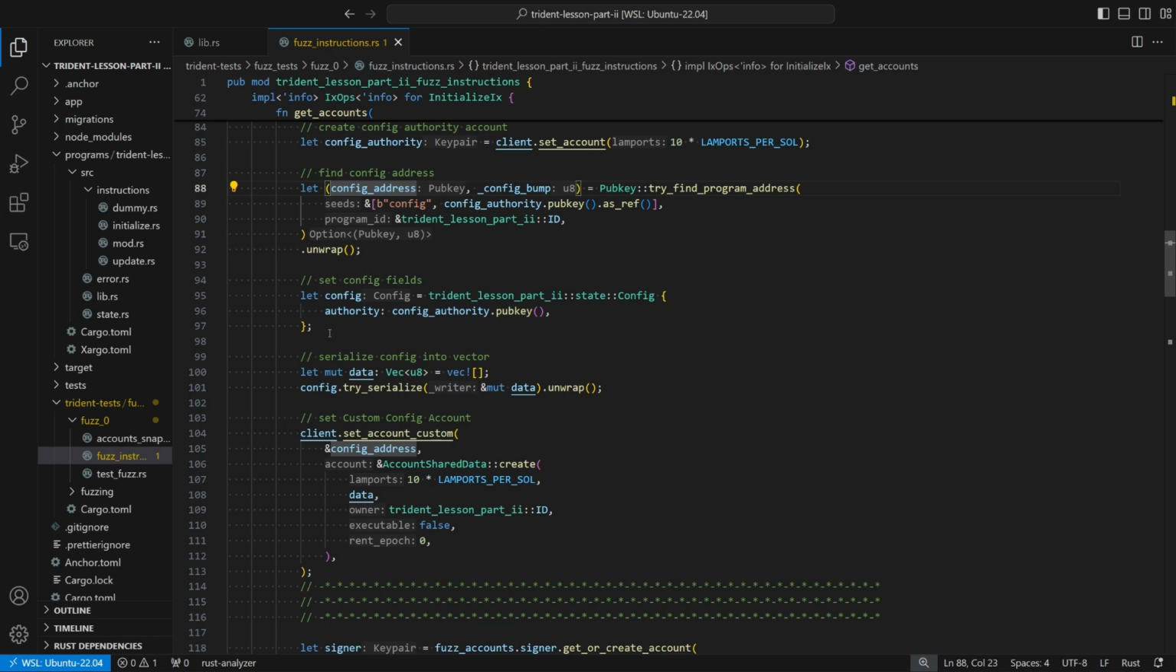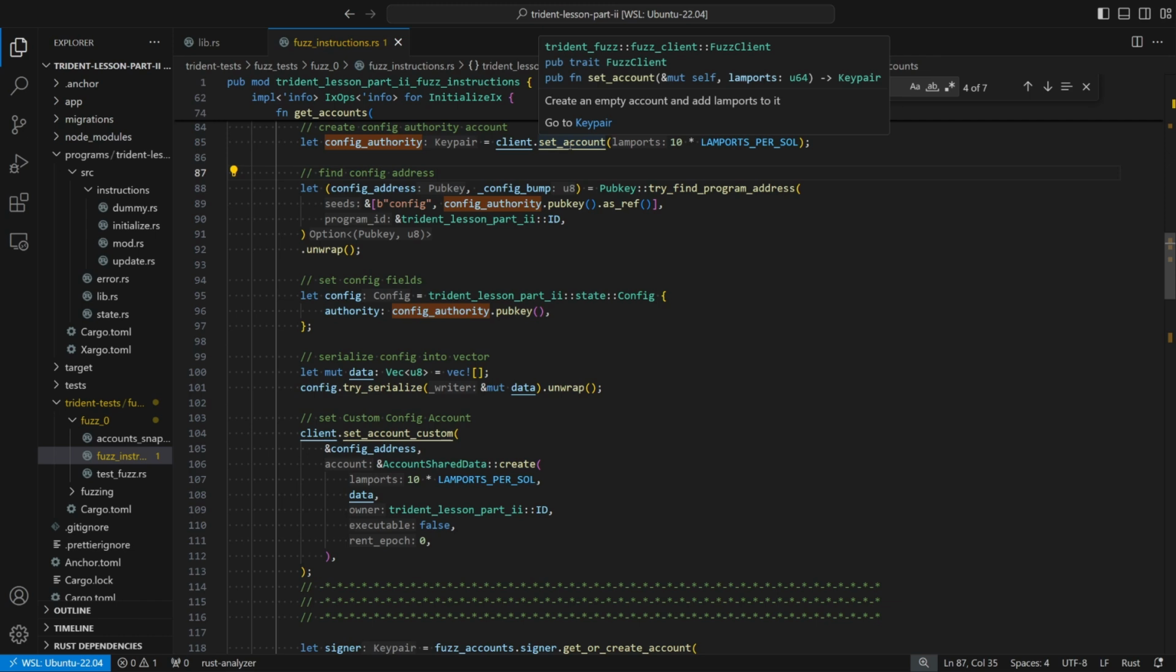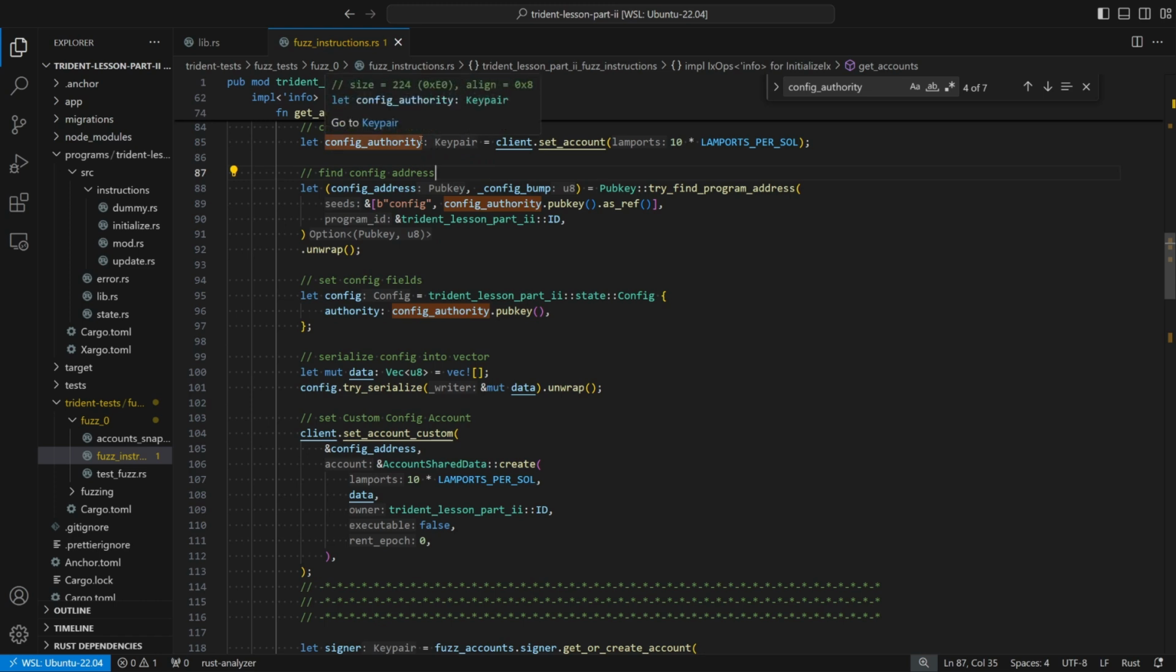The next thing is you specify the config account. As I showed you, the config contains one field which is authority of type pubkey. So you specify the config account and you specify the config authority which was used within the PDA and was also previously generated. I think I forgot to mention that this setAccount method actually returns the freshly generated key pair. You can see it here, that the config authority is actually a key pair. So we store the pubkey of this authority within the authority field of the config struct. Then